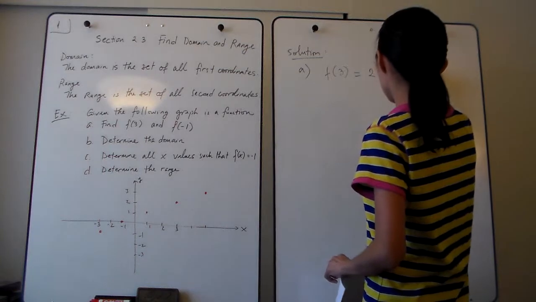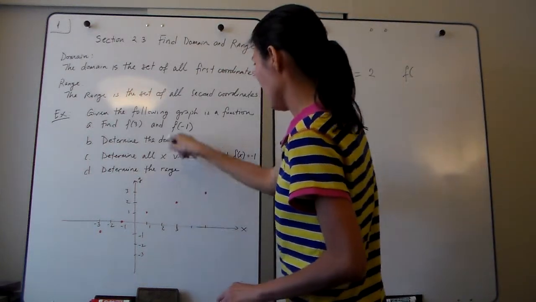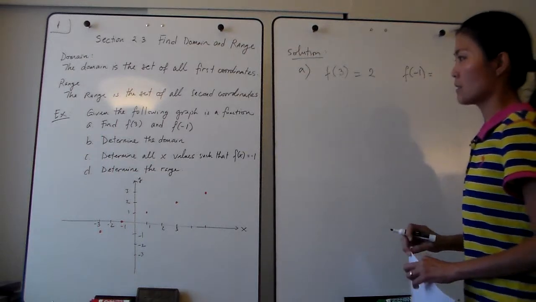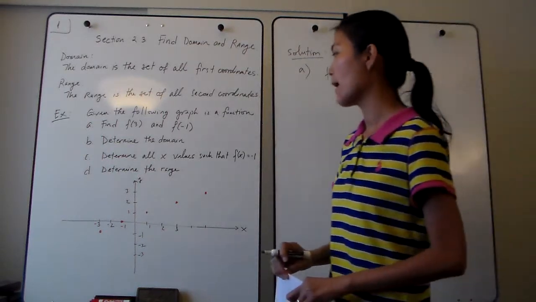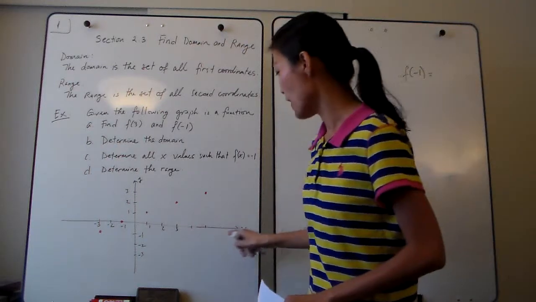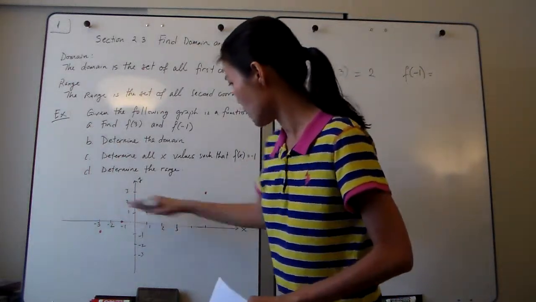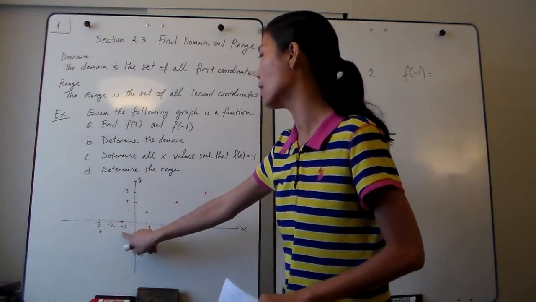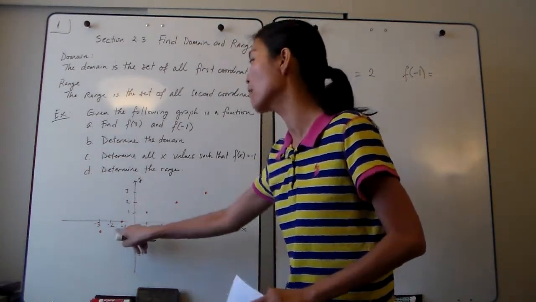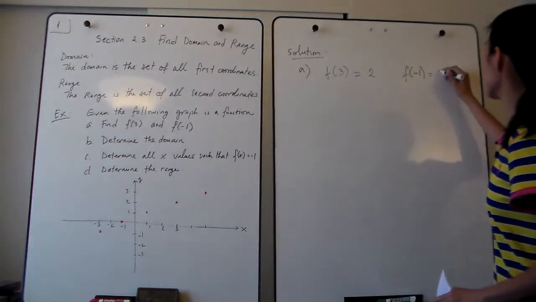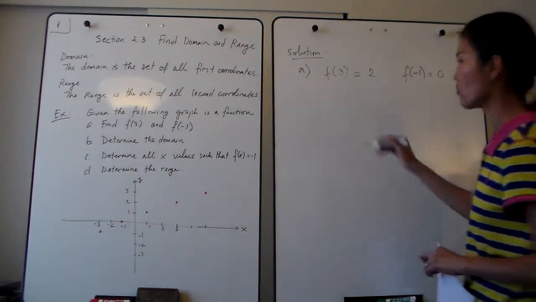Now let's start with f of -1. Okay? So find f of x at x equal to -1. So -1 is here on the x-axis, on the left. So at x equal to -1, what is y? Or what is f of -1? 0, right? So we'll put 0 right here. For part B,